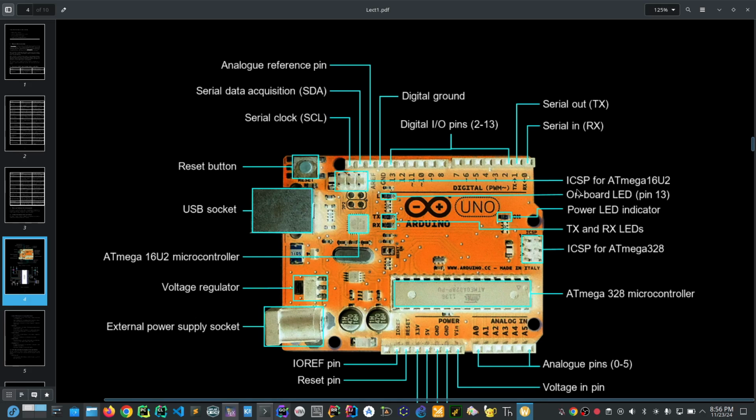And you see, we also have our ATmega. We have the power LED and the transmitter LED. This is the LED that showcases when you're transmitting. And you see communication, in case you want to communicate with another board, or with some outside module,